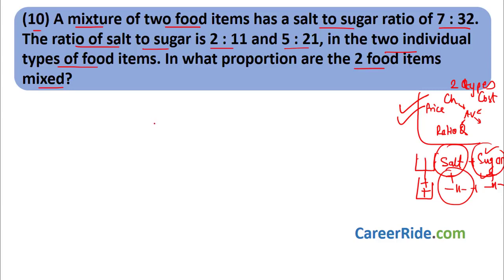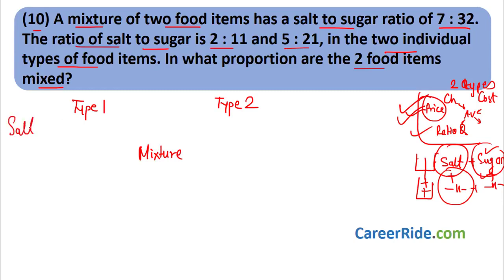Now you can take salt or sugar, anything is fine. Let us assume salt. Let us solve using salt as our quantity, okay? Now there are two types, right? This is type 1, this is type 2, okay? These are two types of food items. So we will have cheap and costly, we will not consider over here. We will just have type 1, type 2. Then we have the mixture, okay? Now in type 1 and type 2, what do we have? Initially we used to have the price and ratio of quantities, right? Now instead of price, what will you take?